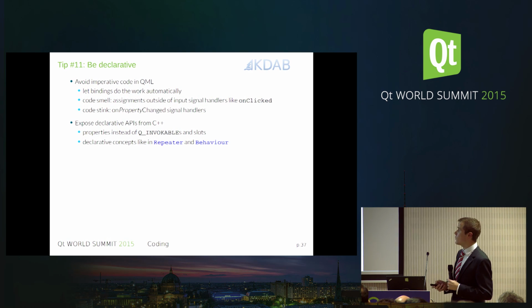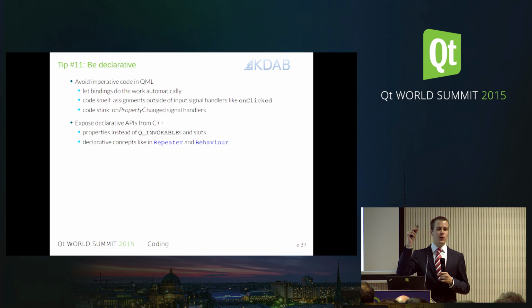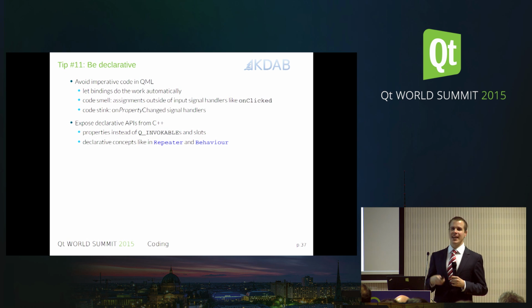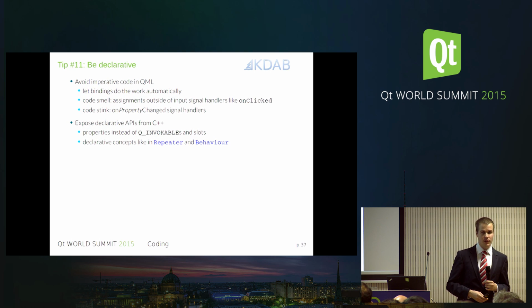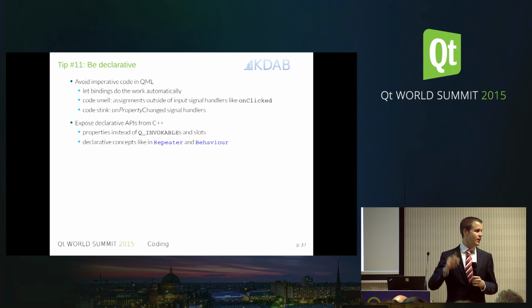It's not limited to that. You can also design declarative API for complete components. For example, the Repeater is a good example. Instead of having a for loop where you create n items, you use a Repeater, which you simply tell, I want n items of this type, please do the work for me. So in this case, the Repeater has imperative code internally, but the API of the Repeater is nice and declarative. Same with the Behavior. You don't start an animation manually, you just tell the Behavior element when you want the animation to be started. So think about that when designing your C++ classes that you expose to QML